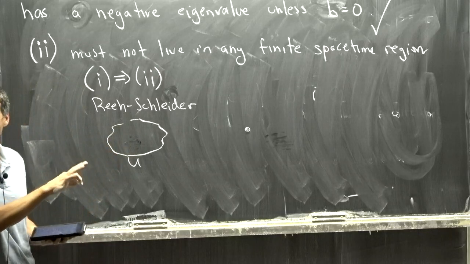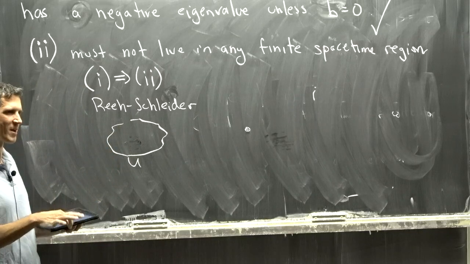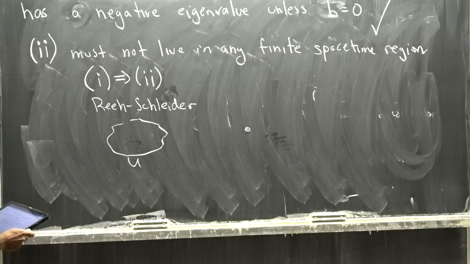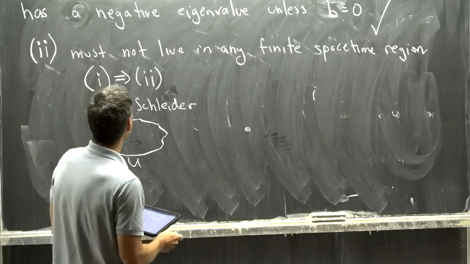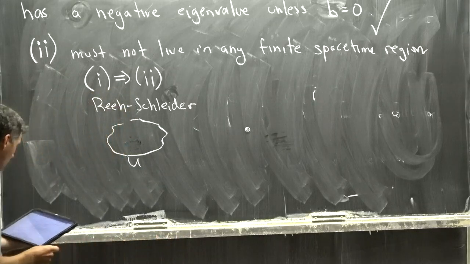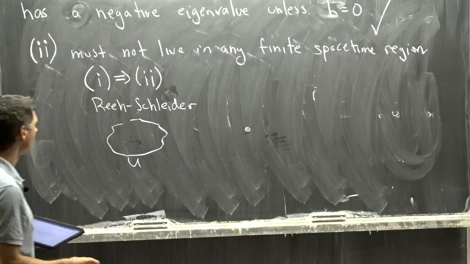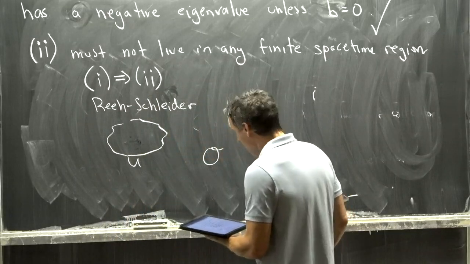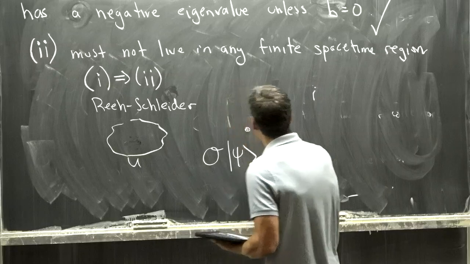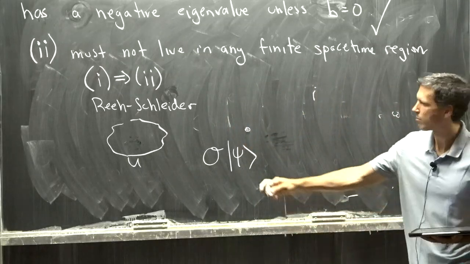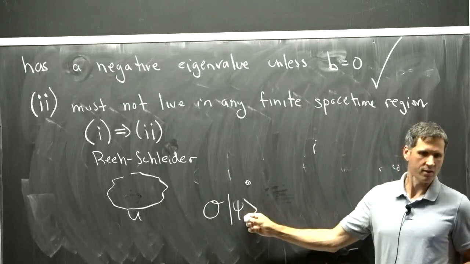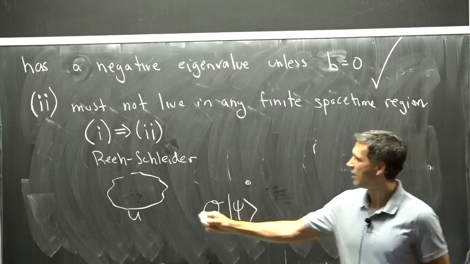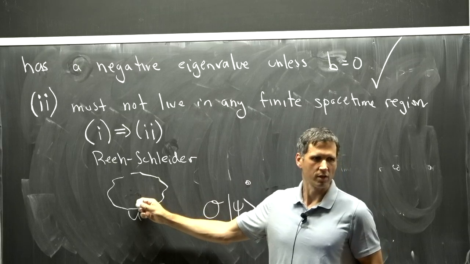That argument has flaws, so don't try to catch me on that one. But there's a theorem that you can always make any state this way. And now if we look back at our positive operator, let's act with our positive operator O on some state psi. Now what Reeh-Schlieder tells us is that we can take our state psi and represent it as living as an